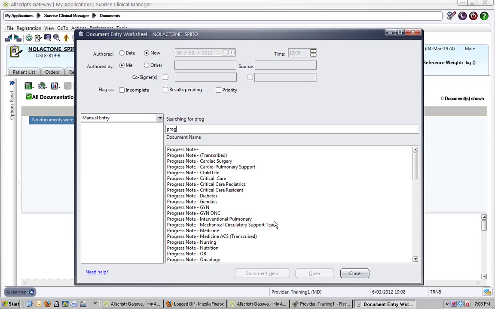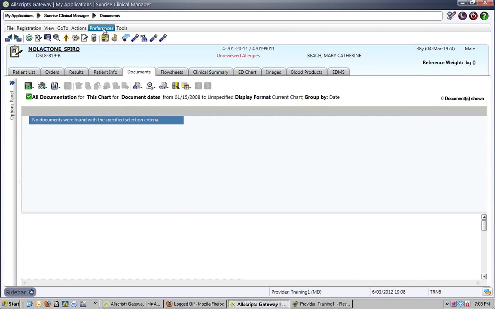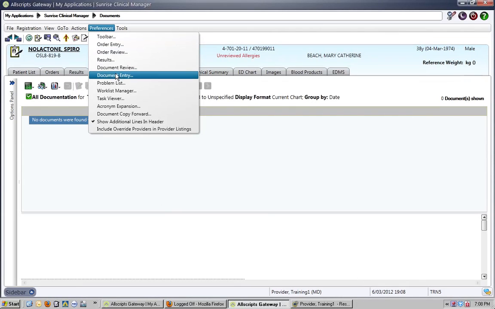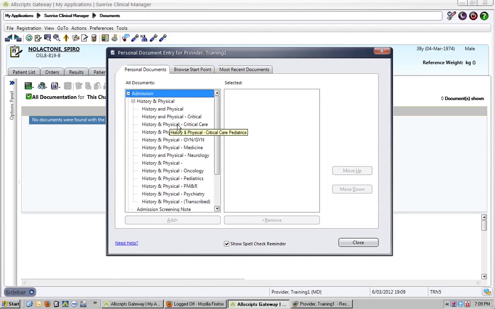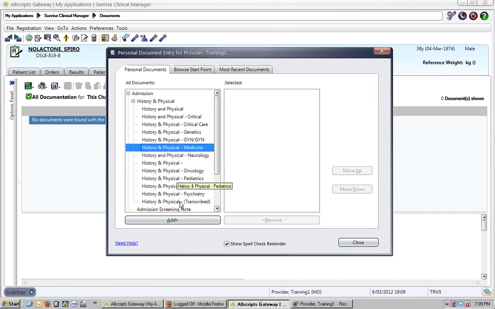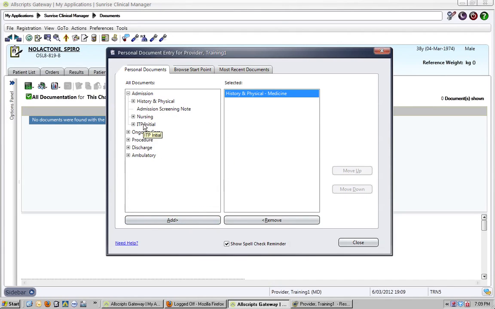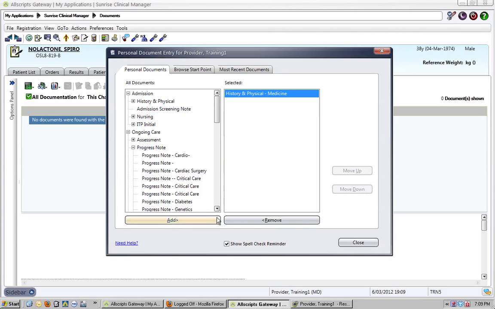It'll drive you crazy. So what you need to do is close out of that, go to Preferences, Document Entry, and you need to do two things. One is find the documents that are most important to you. So there's history and physical medicine. Unfortunately, you can't search for them by typing. You have to actually go in and find them all. Ongoing care, progress note